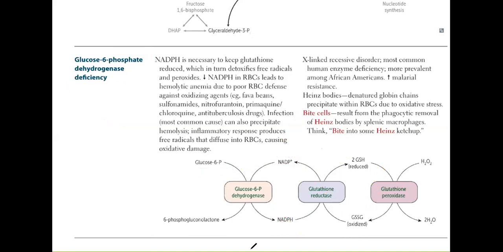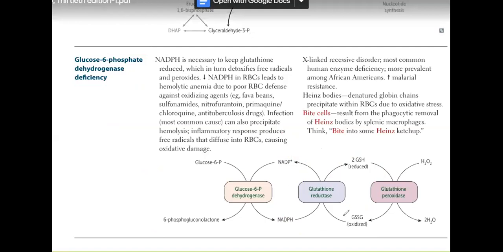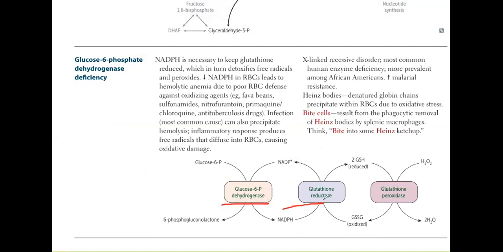Okay, so the importance of these enzymes is to keep this glutathione in the reduced form, okay. Because